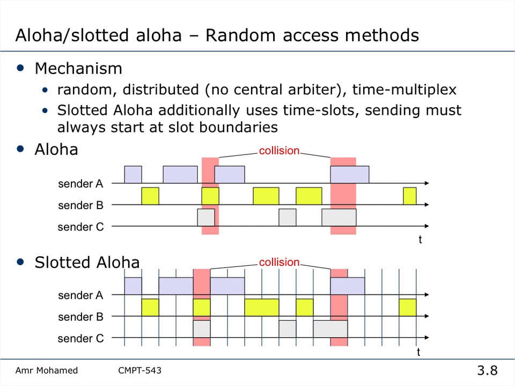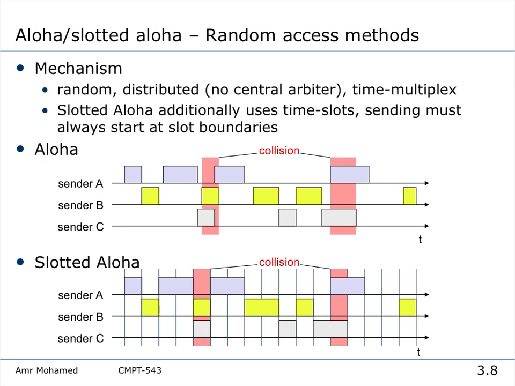So collision-based techniques here use the concept of random access. Random access here makes the performance probabilistic. It's not deterministic anymore. Here we'll have to use probabilities, distributions and so on. So by doing this, there is a benefit that since we allow all the n nodes to send at the same time, and if there is a collision, I will deal with it,